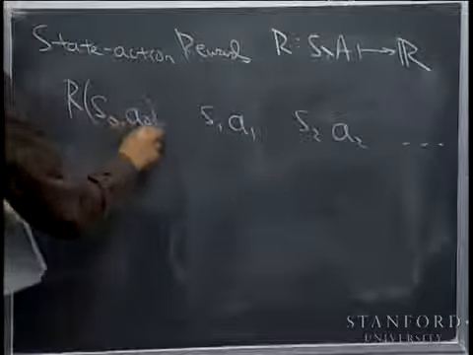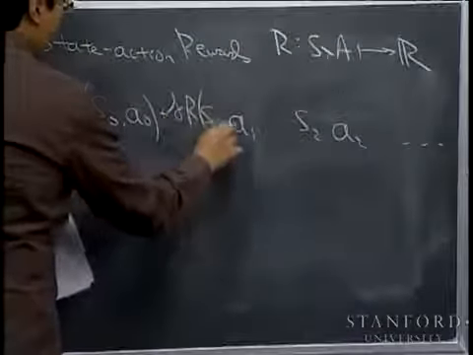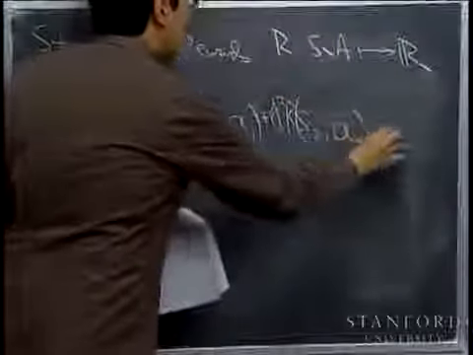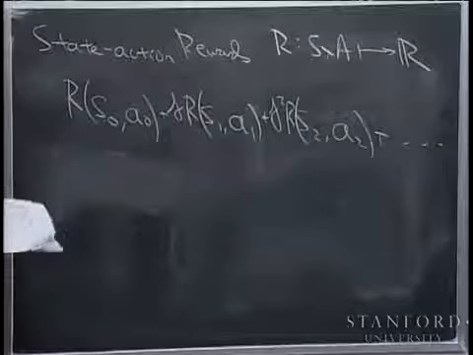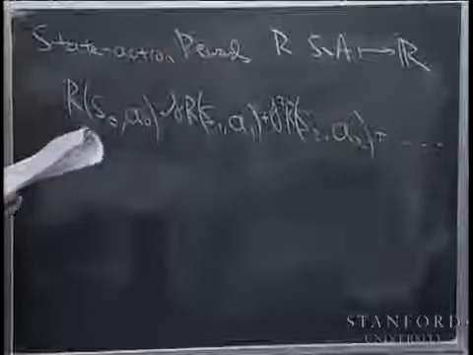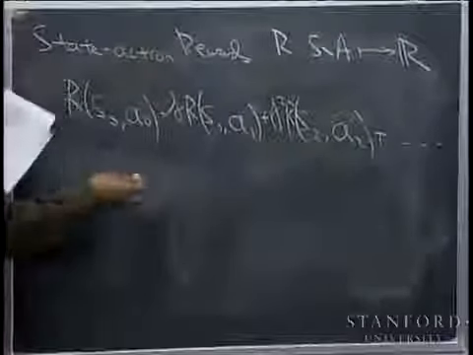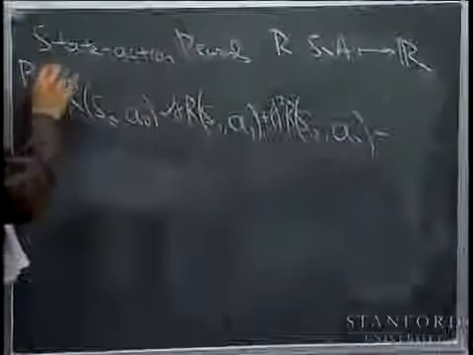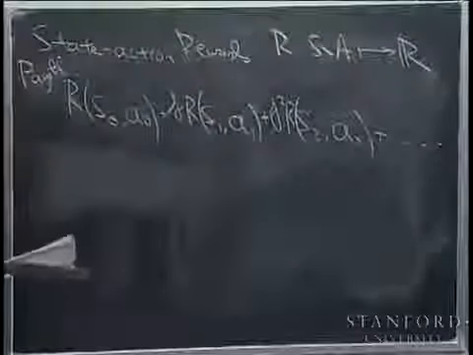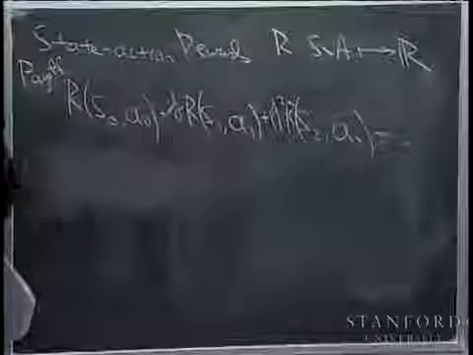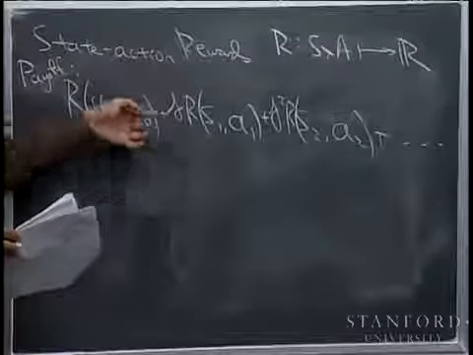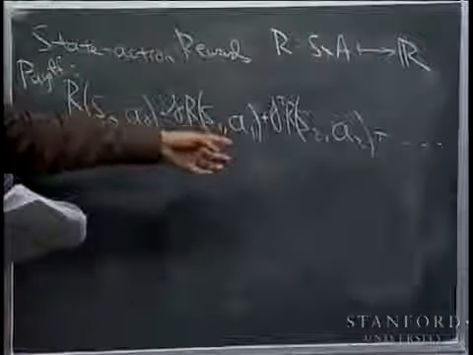So in an MDP where you have a state action reward, your total payoff is now defined as this, where your reward function is now a function both of the current state and of the action you took in the current state. And so this is my total payoff. And then as usual, my goal will be to find a policy, a function mapping from the states to actions, so that when I execute that policy, I can maximize the expected value of my total payoff.